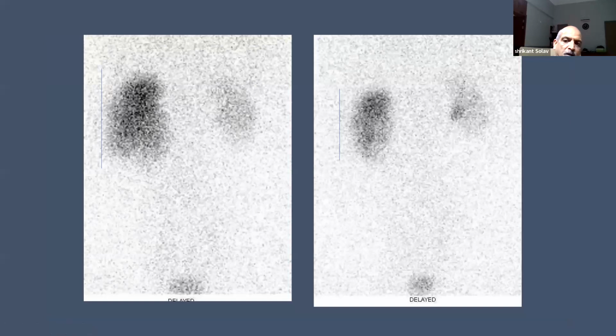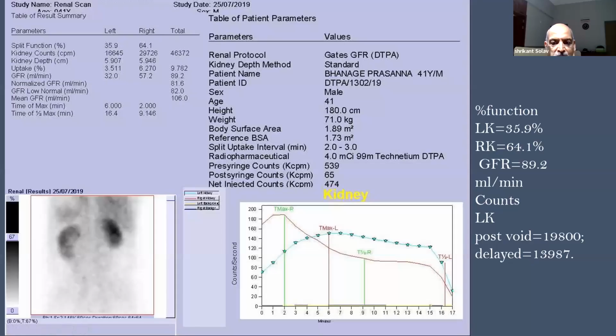But what is important here is, one is quantification, which I told you, and the second is, look at this line here. That shows the length of the kidney pre-pyeloplasty, and this shows the length of the kidney post-pyeloplasty. So here in this patient, before pyeloplasty, the function was compromised to about 25%. Post-pyeloplasty, it improved to a certain extent, but the renal size also decreased, which means there are two important parameters to suggest that though the pattern of renogram appears to be sluggishly draining, functional contribution has increased and the renal size has decreased. These are important parameters to call it